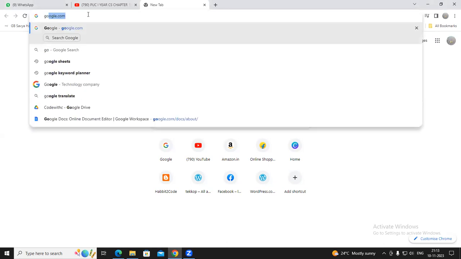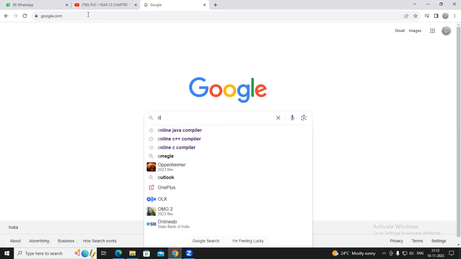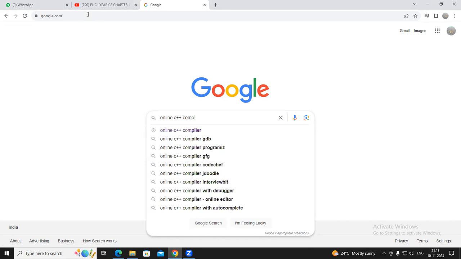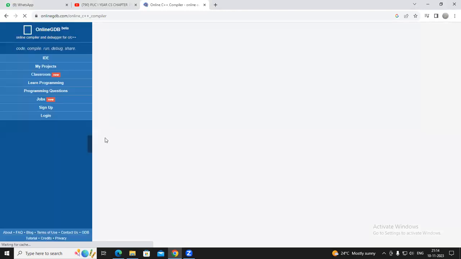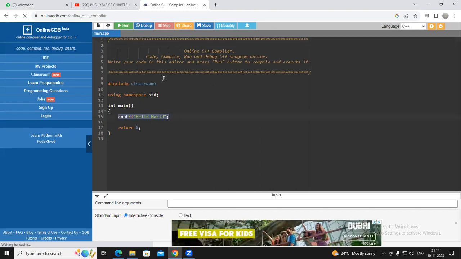So today we'll see some more programs based on if-else if statement. So let's go for online C++ compiler. You can practice these programs in the software which is suggested in your college. But I'm using online compilers. So this I'm using. But here you assume that